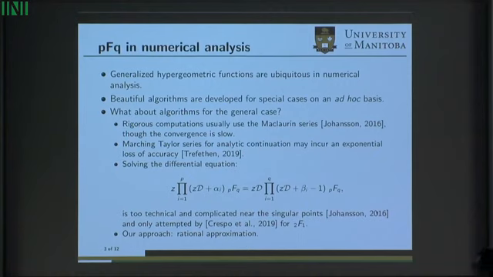So we're not going to do that. Solving the differential equation is hard. It's too technical, it's too complicated, and those are not my words, it's Johansen, that's in his paper, and near the singular points. It has been attempted by a multi-author paper starting with Crespo, only for 2F1, and here we